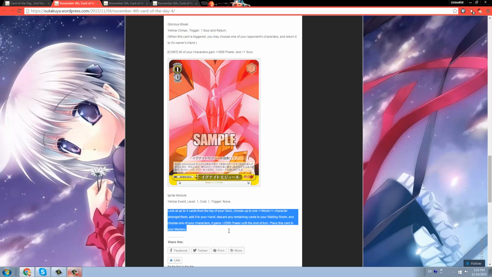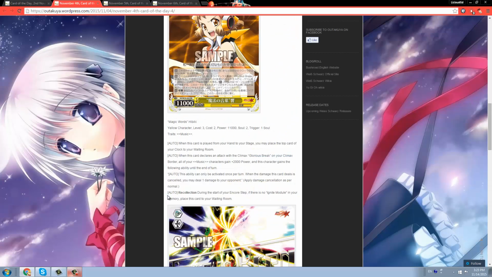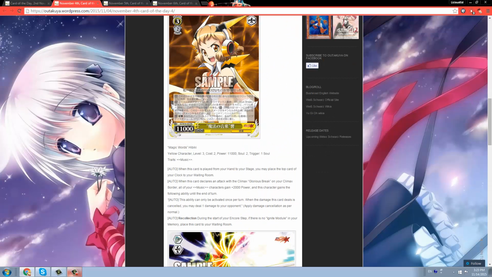So when you play this event, you can look at the top 4 cards of your deck, choose one music character amongst them, add it to your hand, discard the remaining cards, then choose one character, gets plus 2k until the end of the turn, then you place this card to memory. Does this card sound familiar? To me it does. It's Pendant of Promise for Nisekoi, the yellow one. Anyways, Hibiki,